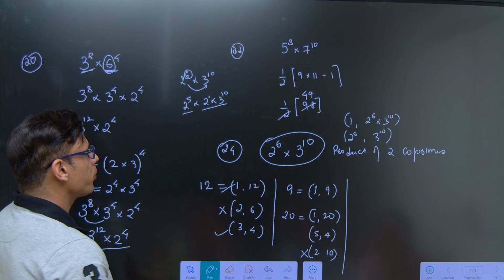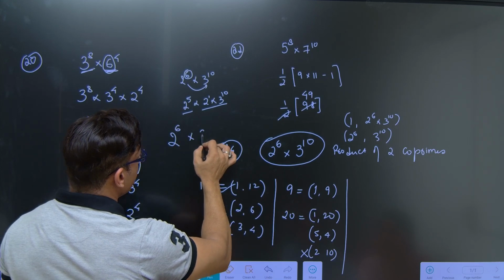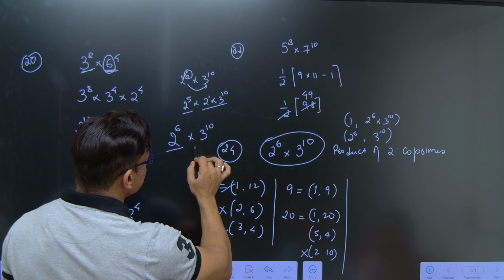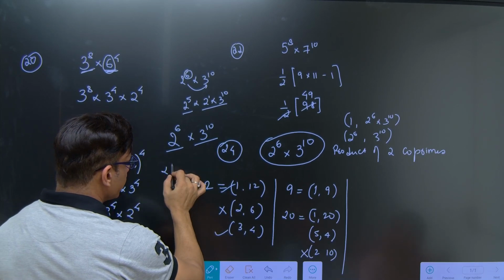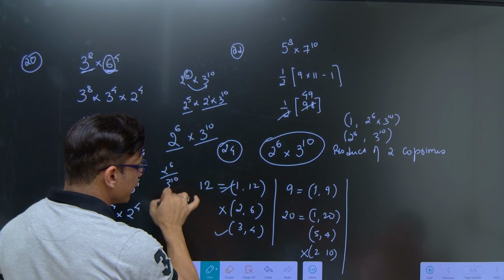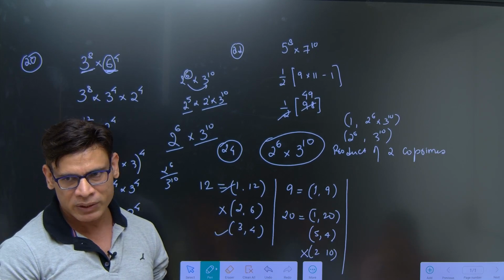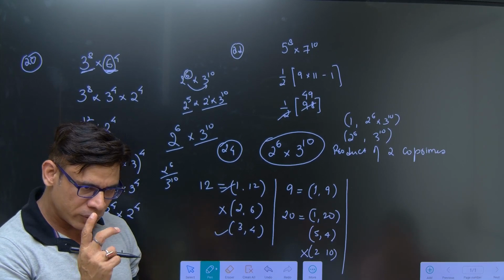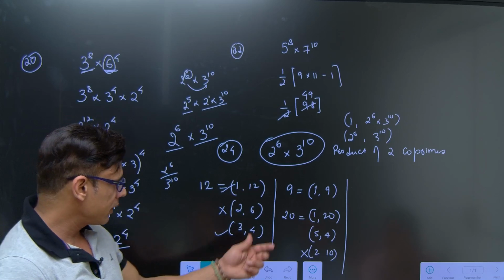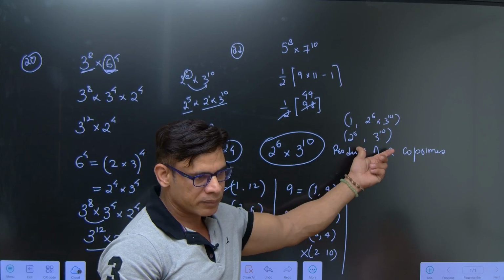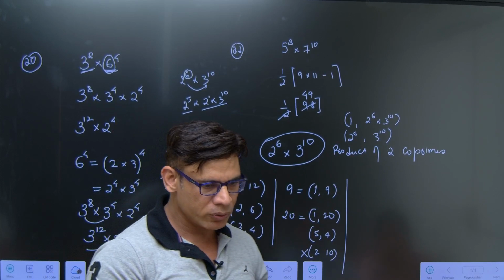So coprime will only be formed when you have all power of 2 on one side and all power of 3 on one side. This and this individually they are coprime or not, right? Because 2 raised power 6 by 3 raised power 10, you cannot divide it because one is entirely made up of 2, another is entirely made up of 3. So only two pairs will be formed where the numbers are product of coprime. राइट। कोप्राइम में हमेशा 2 ही केस आएंगे।